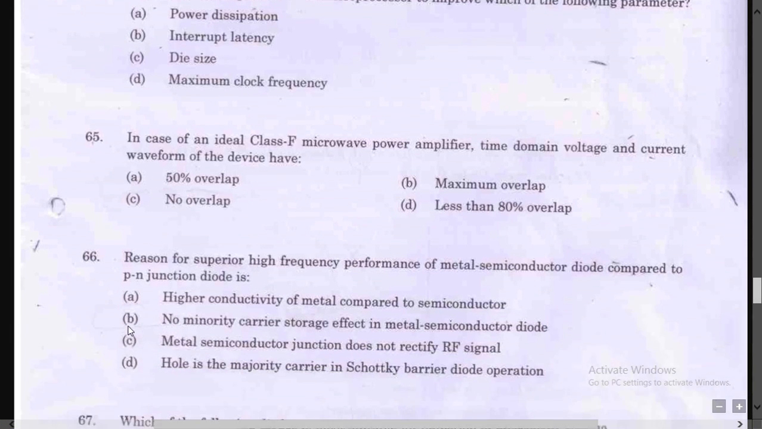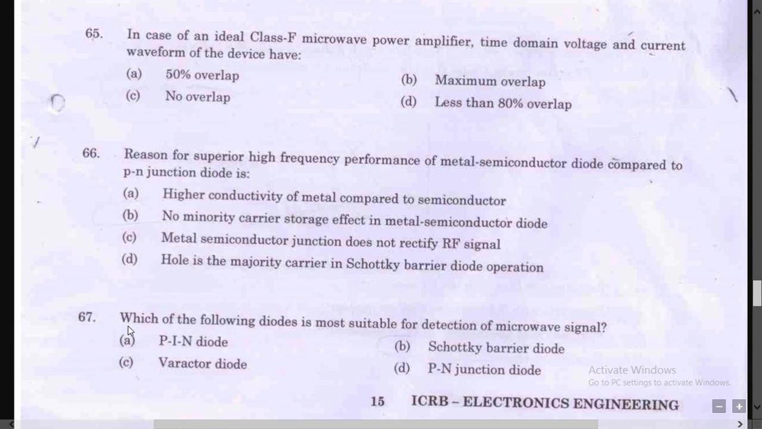There is no overlapping. Now in question number 66, it is given that the superior high frequency performance of the metal semiconductor diode compared to the PN junction diode is due to what. Actually this is basically the advantage and disadvantage regarding the metal PN junction or metal semiconductors. So here the metal semiconductor has metallic contacts, so there is no minority carrier, there is majority carrier, so there is